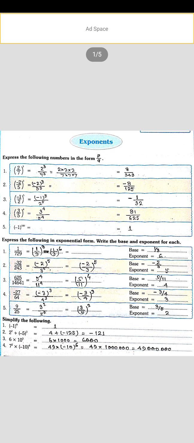It can be written as, here 6 is an even positive integer. So the value of (minus 10) raised to the power 6 is positive 10 raised to the power 6.